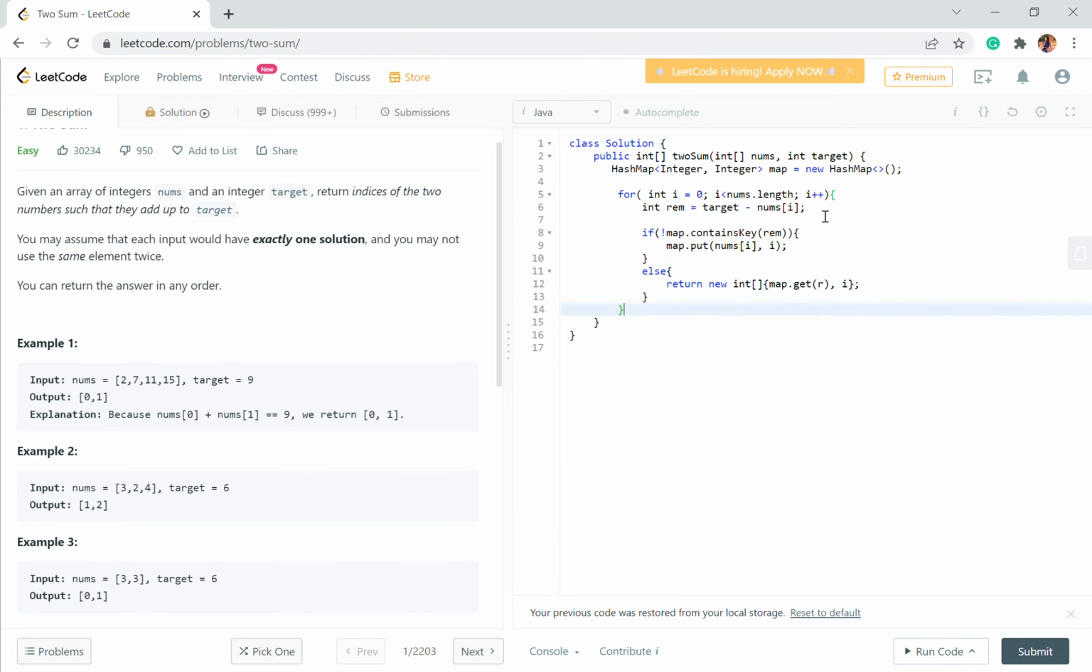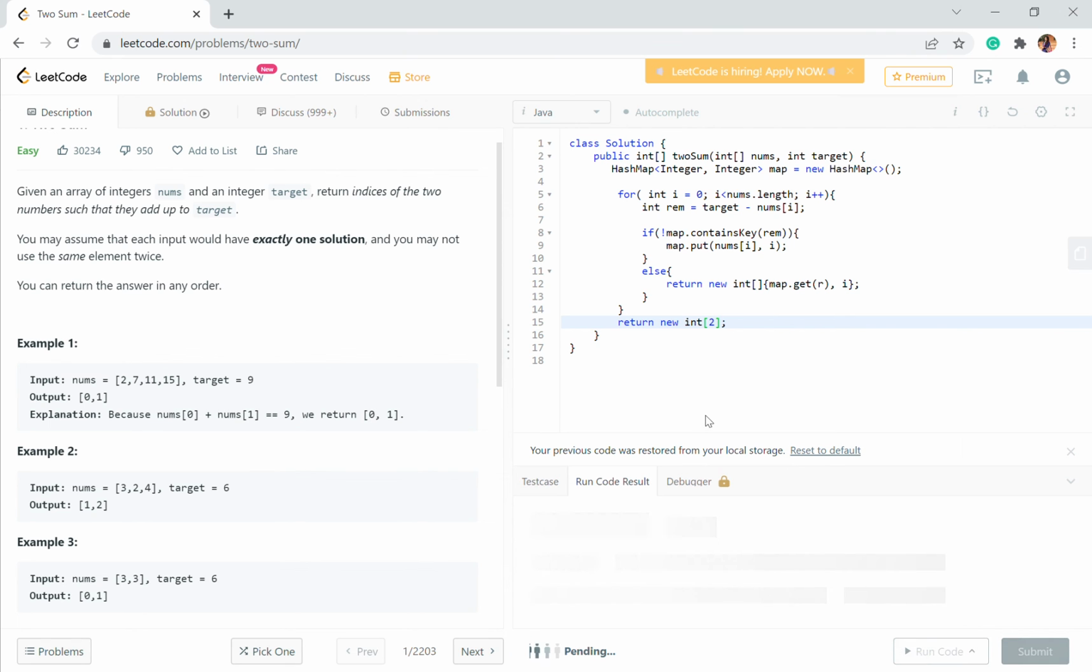And though we know that we will get an exact solution, if we come out from the for loop, we have to return something. So we are returning a new integer array from here, as we need to return something when we come to the end of the function. But in reality, we will return something from inside the loop for this code. So if we run it,